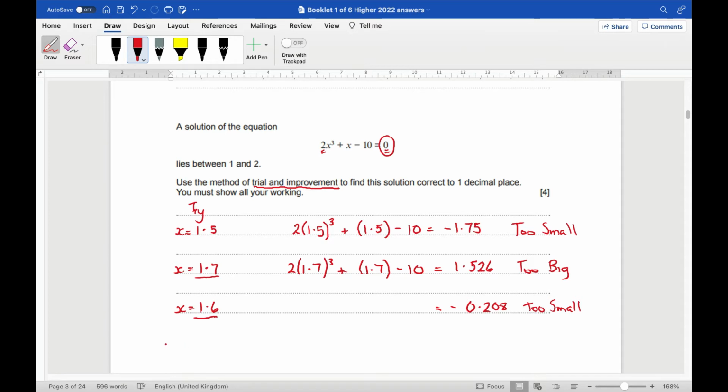So my final thing is to write, I am now doing not an answer, but a check. And my check is halfway between 1.6 and 1.7, which is 1.65. I just put a 5 on the end of the smaller one. Again, I write it out in full. A lot of this video is you just waiting for me to write things out, right? But you could be doing these in your calculator just to check your calculator usage is good. Okay, so 2 in brackets, 1.65, close brackets, cubed, plus, open brackets, 1.65, close brackets, take away 10,